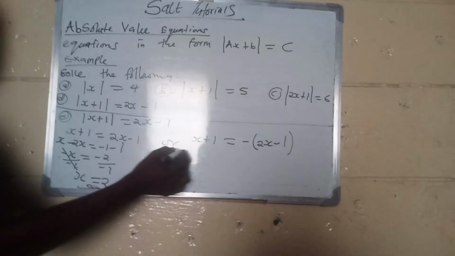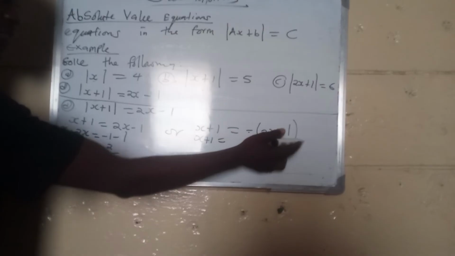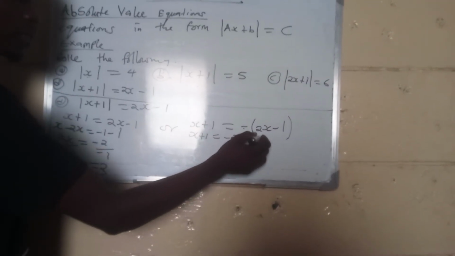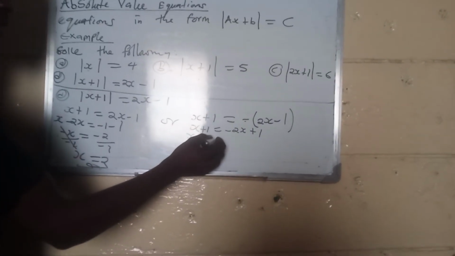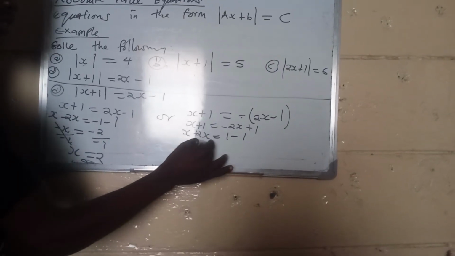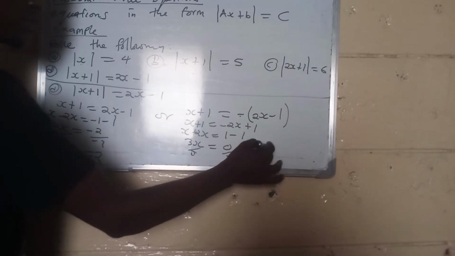On the other side, I can simply say x plus 1 is equal to, the negative breaks down the bracket, negative 2x plus 1. This one goes to the other side, becomes x plus 2x equals 1 minus 1. So this will be 3x is equal to 0, over 3 over 3,